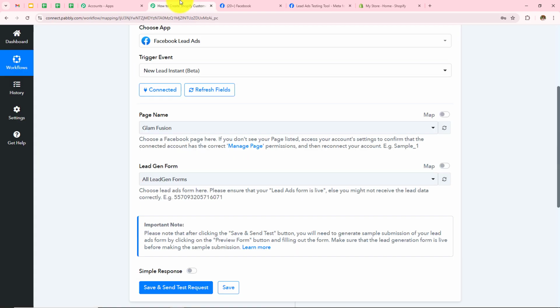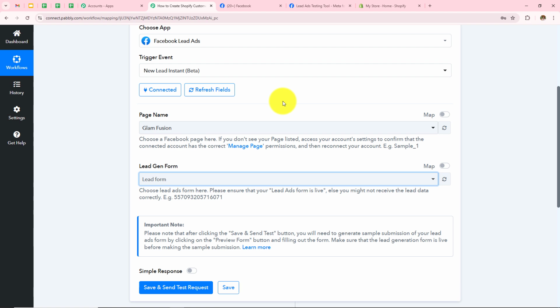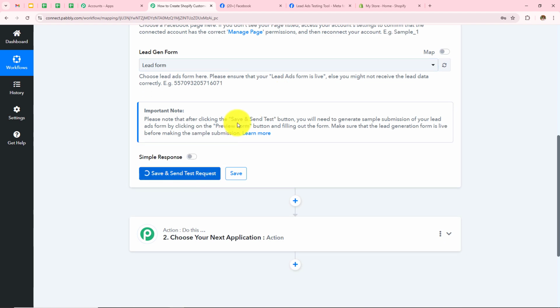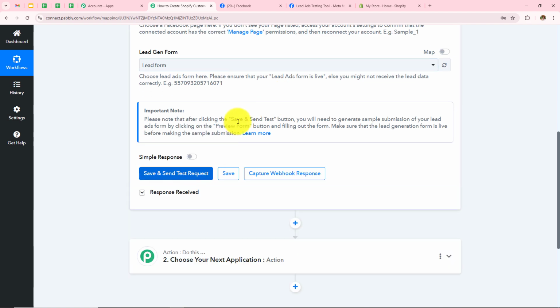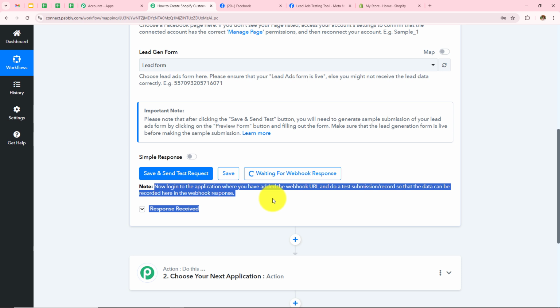Now let's go back to Pabbly Connect, and from this drop down I will select my form as lead form. And now I simply have to click on save and send test request. Now over here it is written waiting for the webhook response, and under that it is written now log into the application where you have added the webhook URL and do a test submission, so that the data can be recorded here in the webhook response. This means, so as to get the response over here I need to do a test